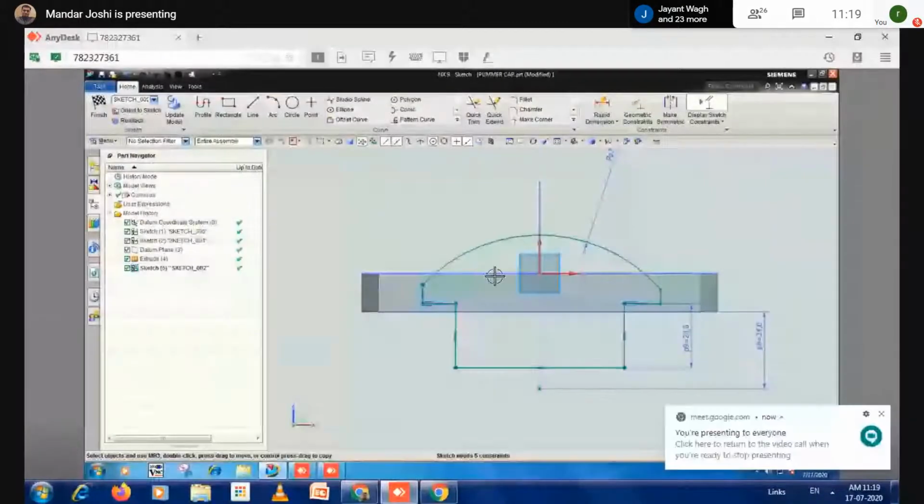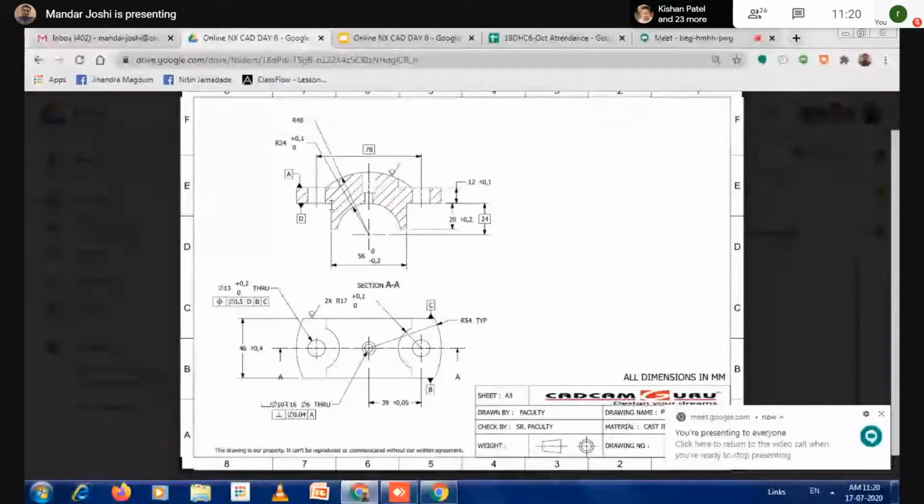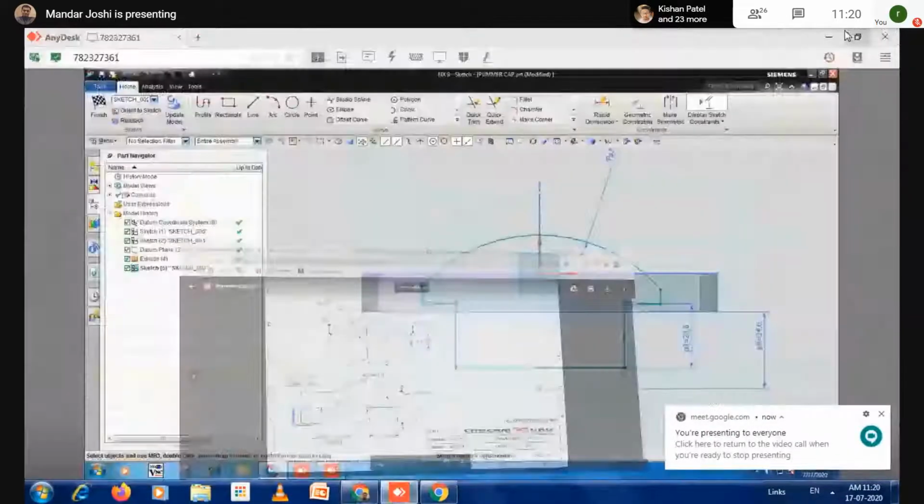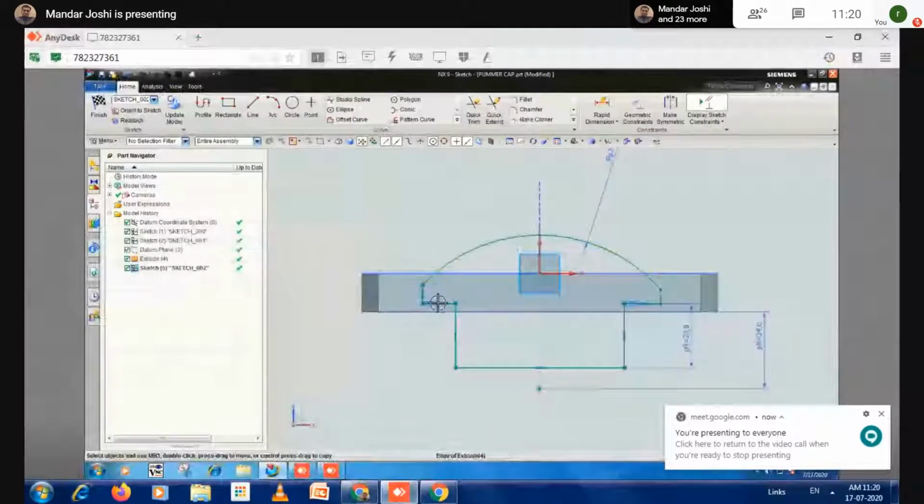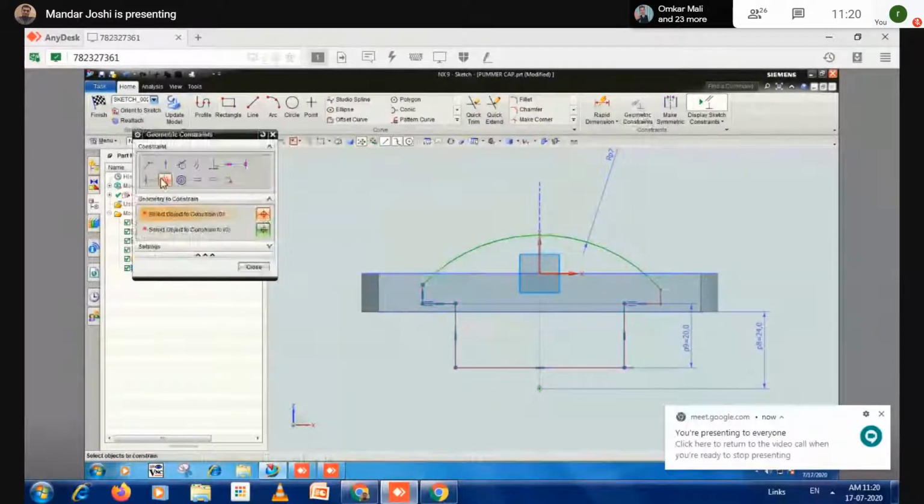Next step, see the drawing. This line, vertical small line, horizontal small line, it should be connected here. So I do geometric constraint, collinear, first line, then second line.